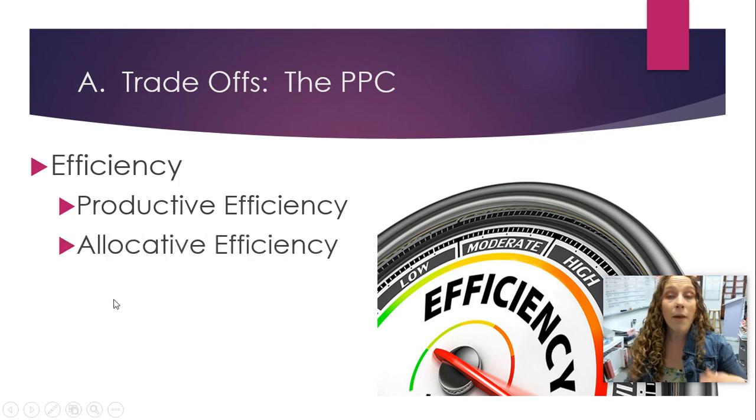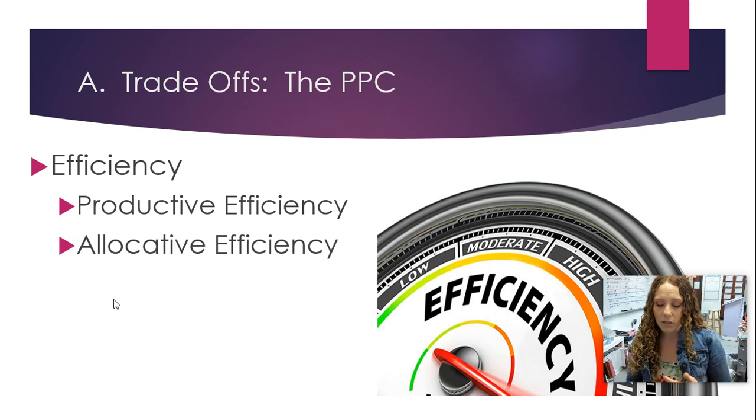That may or may not mean they're what's called allocatively efficient. Allocative, to allocate something means to give it out. Allocative efficiency means that they're producing the combination of things that society wants, that they are giving society what they want. Let's say, if we go back to that pizza and sugar example, if they were making all the pizzas